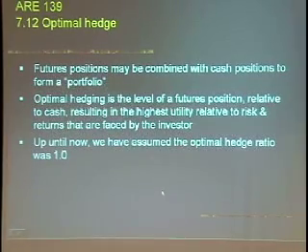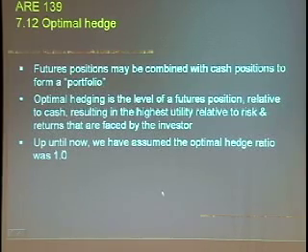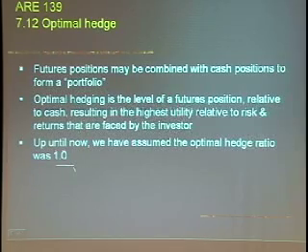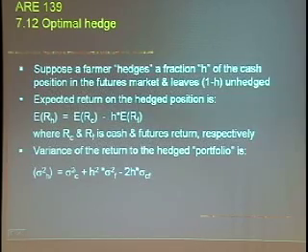And we're going to decide what is the optimal ratio between the cash and the futures position. As I said earlier, until now we've assumed that it was 1. If you have 1 unit in cash, you want 1 unit in futures. But that may not be the case because you're risk averse, and also because futures and cash may have a unique